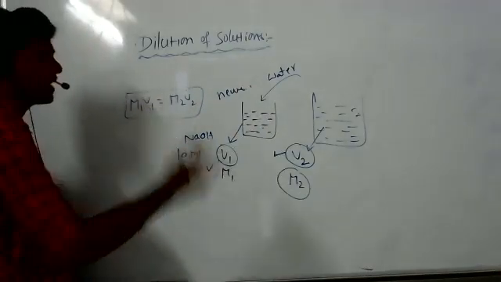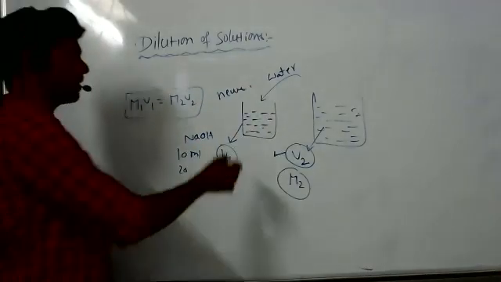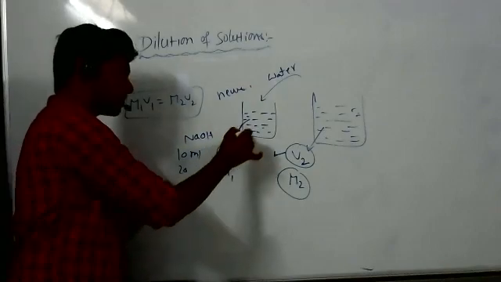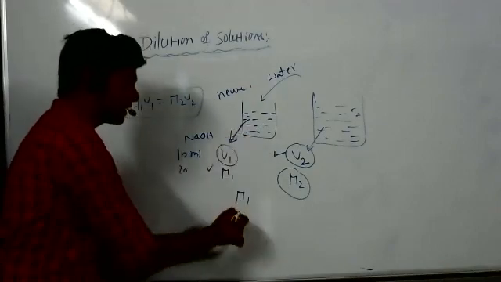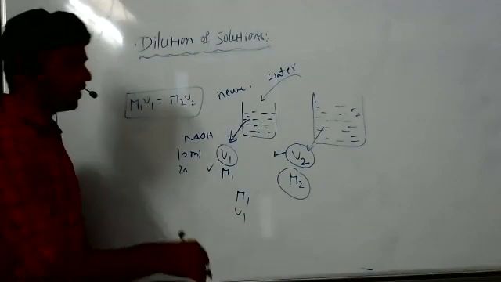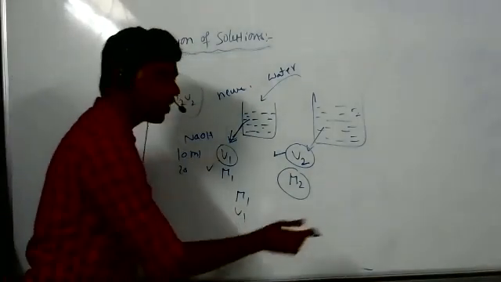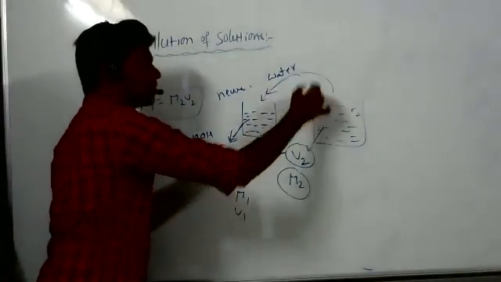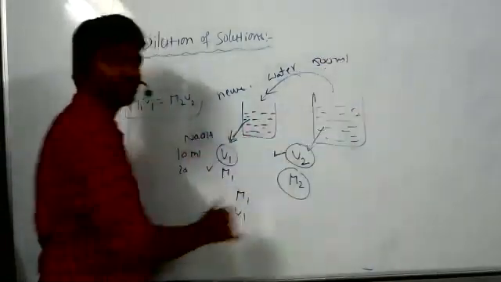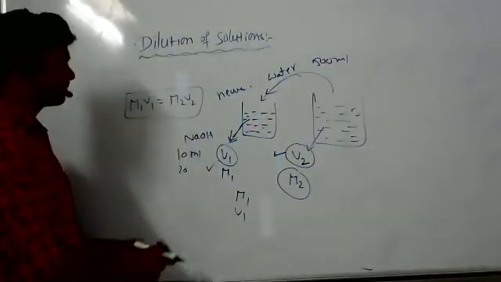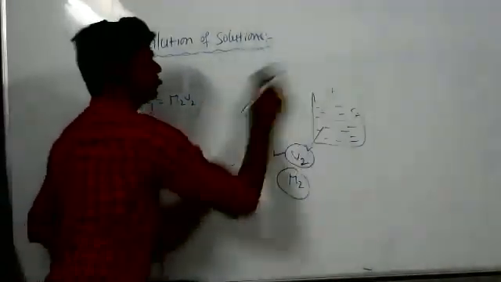But to calculate the concentration of the same substance, we first take the concentration of the solution, M1, and measure the volume. After that, we add some amount of water to the solution. Suppose you are adding 500 ml. Could you explain that part again? Sorry, one second, I'll explain.